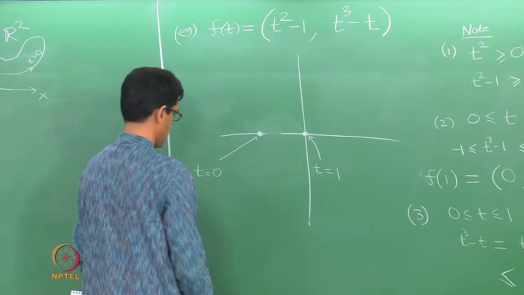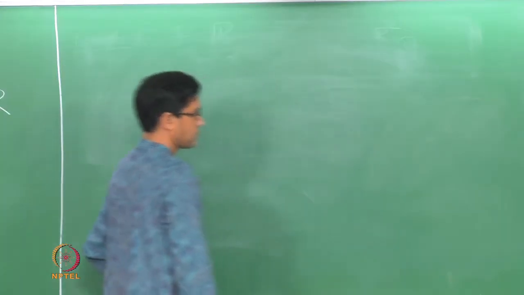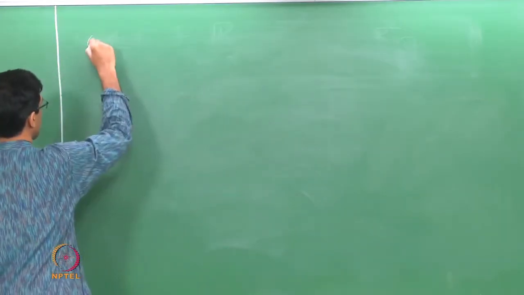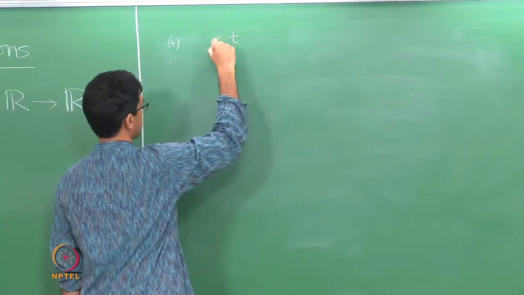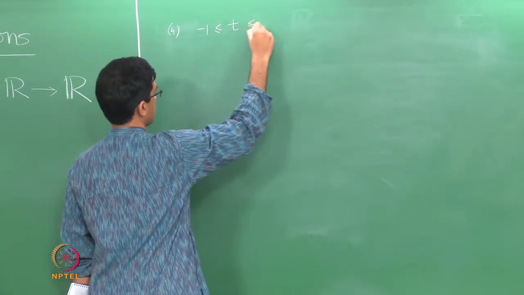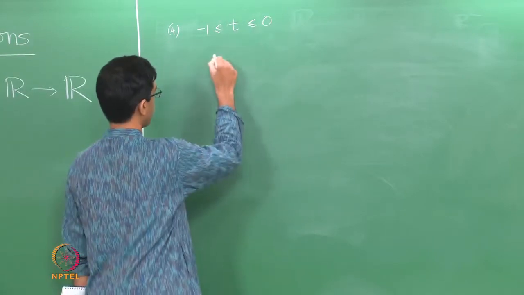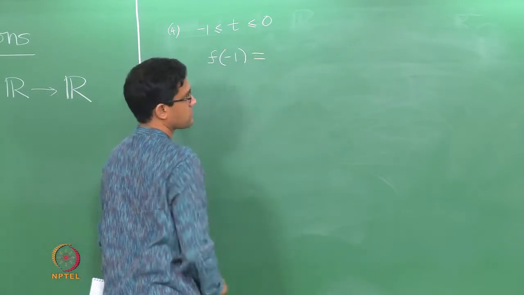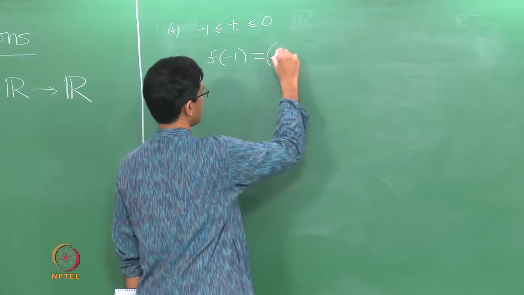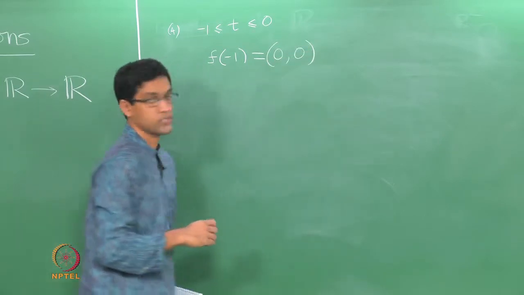Okay, so let us see. But maybe before we do that, here is another thing to note as well, that when t goes in the other direction, if t is say negative, okay, if t is -1, then again let us just see what you get when t is -1. You still get 0 0, because t square -1 is 0.